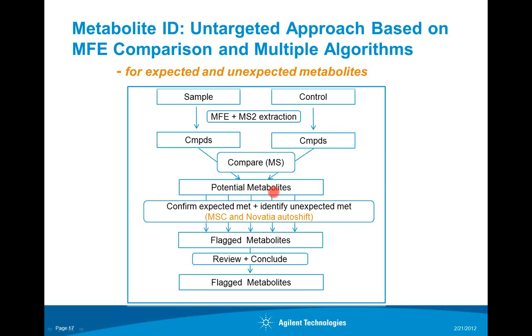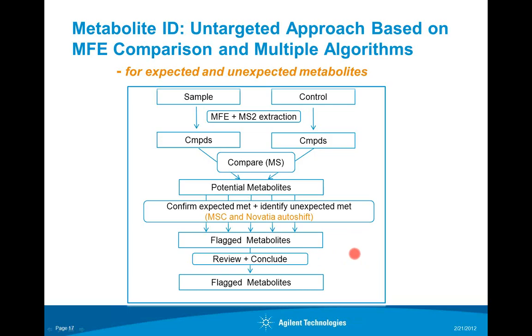Those potential metabolites are further confirmed or identified by multiple algorithms. This includes the mass effect filter algorithm, find compound by auto MS, molecular formula generation, isotope match, and so on. The structure elucidation is facilitated by using the molecular structure correlator software and the Novacia auto-shift algorithm. I will discuss these two tools in the next few slides. Finally, the identified metabolites are flagged, and the user can review and conclude the metabolites based on the Metabolic ID results